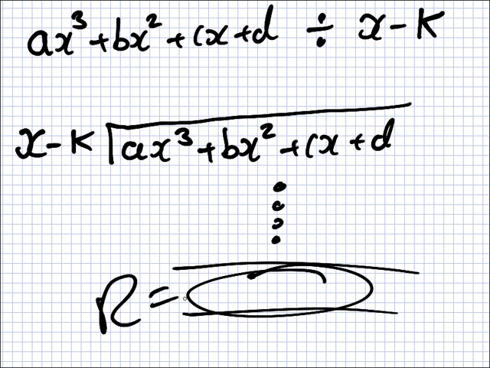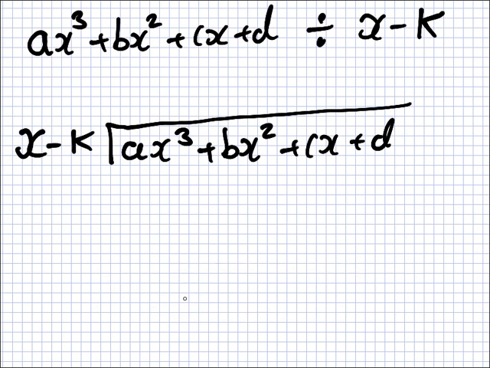So let's see what we get. Okay, well the first one is not so bad. What's the first multiplication here? ax squared. That's okay to start with, right? So that gives us ax cubed minus